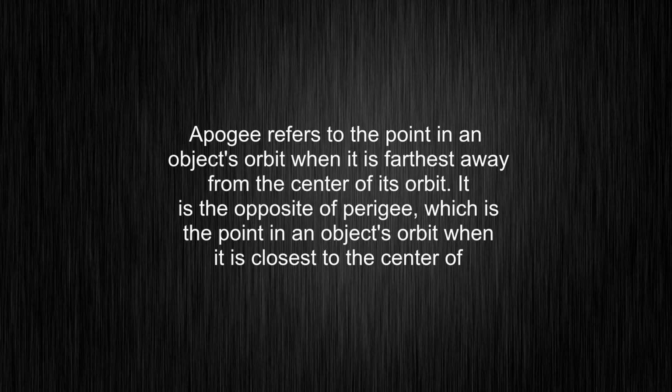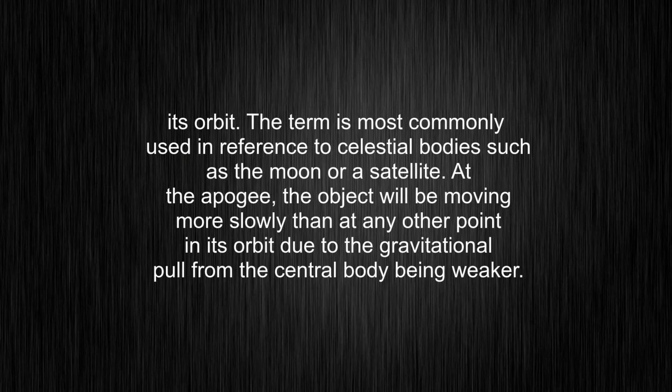Apogee refers to the point in an object's orbit that is farthest away from the center of its orbit. It is the opposite of perigee, which is the point in an object's orbit that is closest to the center of its orbit. The term is most commonly used in reference to celestial bodies such as the moon or